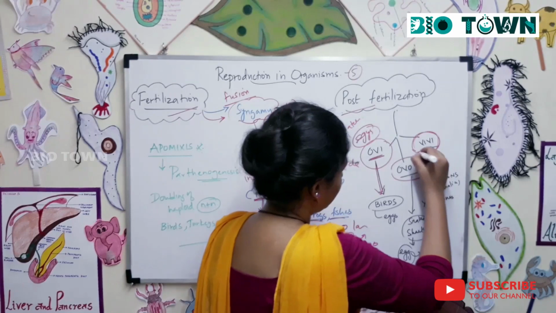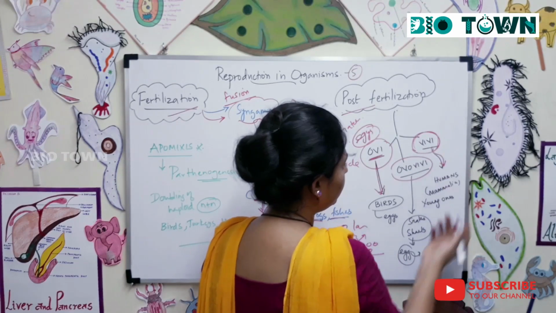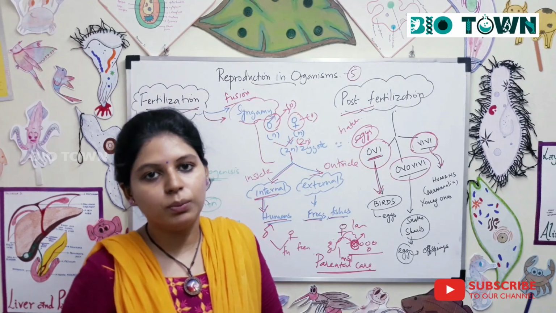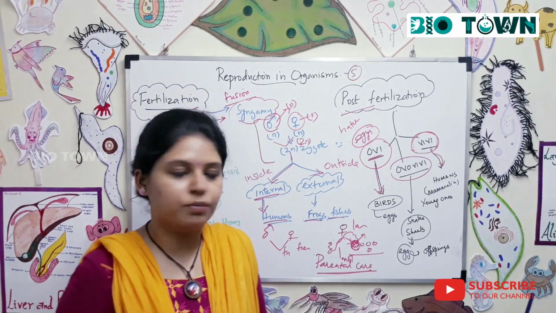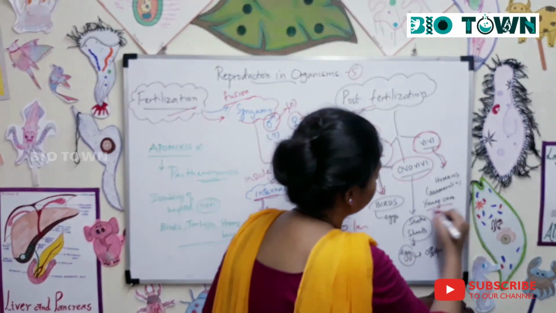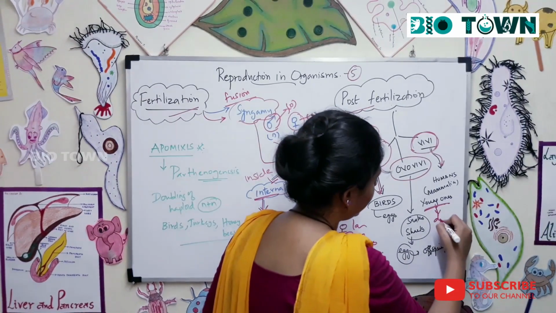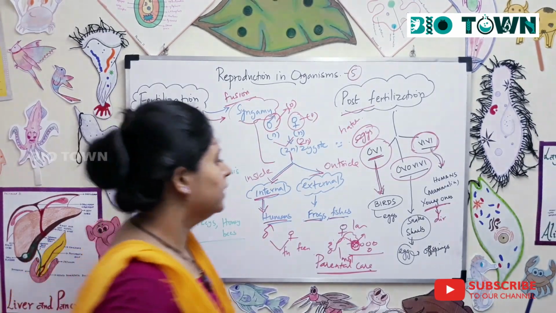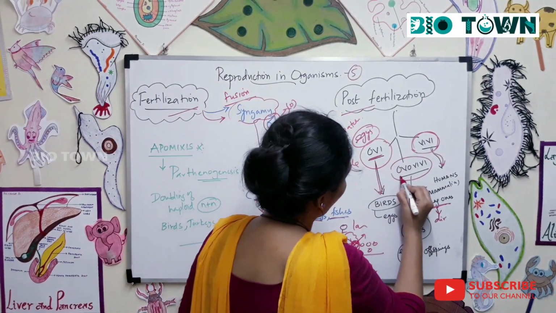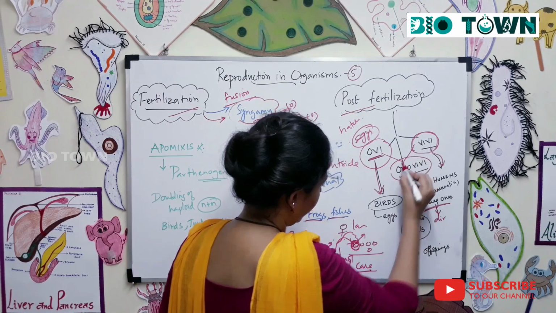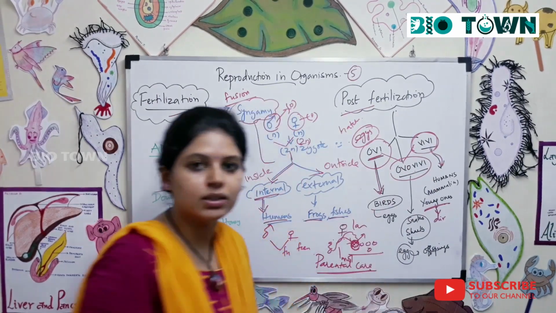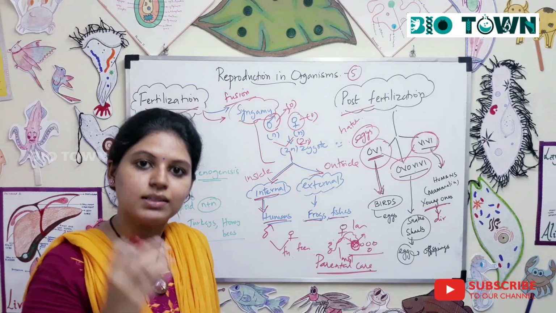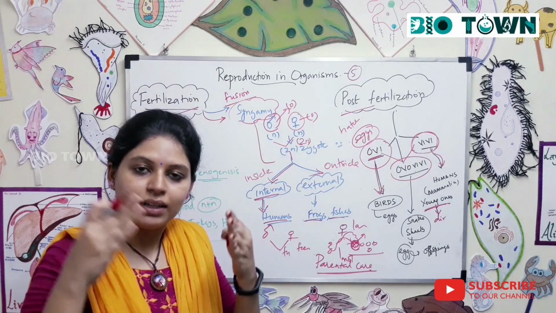Next, viviparous, when an organism gives rise to young ones, like there is a birth, right? In the case of humans and most of the members of the mammalian family, there is a formation of young ones, direct delivery of a juvenile baby. Next, you call it ovoviviparous, where after the copulation, the offspring grow inside the egg, and these eggs are broken down inside the animals.